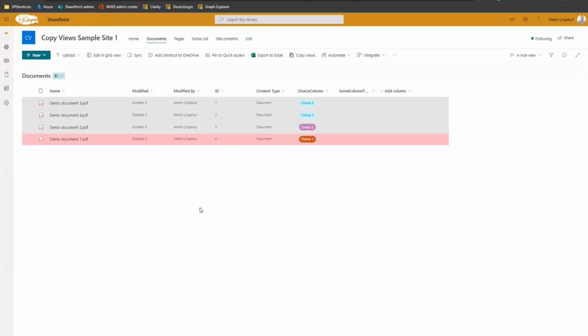I'll just switch to my other screen. This is my dev tenant, and I've got this sample site with a sample document library, and this document library has got a very nice view. I've even called it a nice view. It's got a choice column and it's got some view formatting, and I have this copy views button right in the command bar. This is the ListView extension sample. So if I click it,